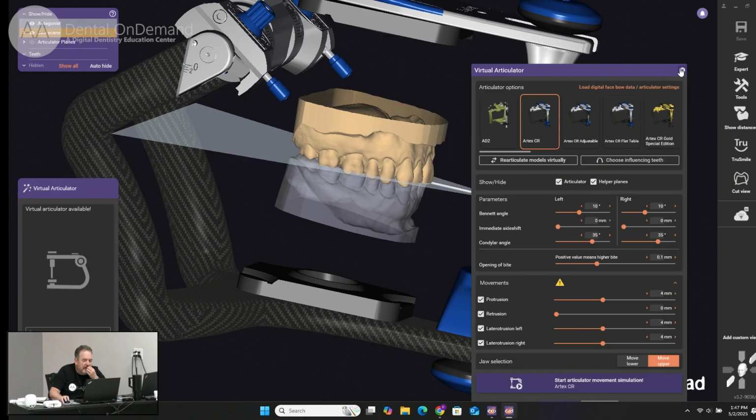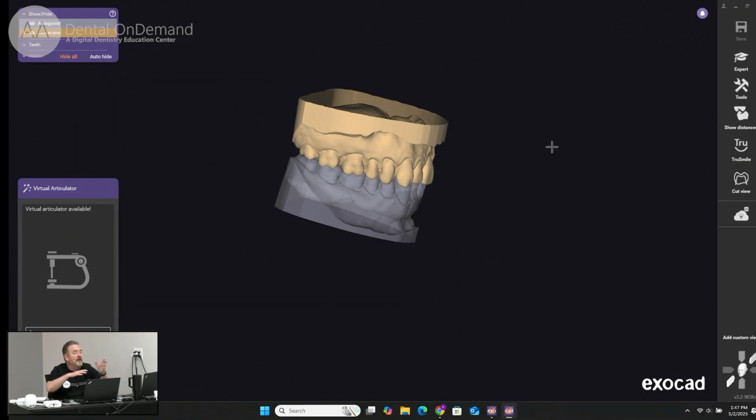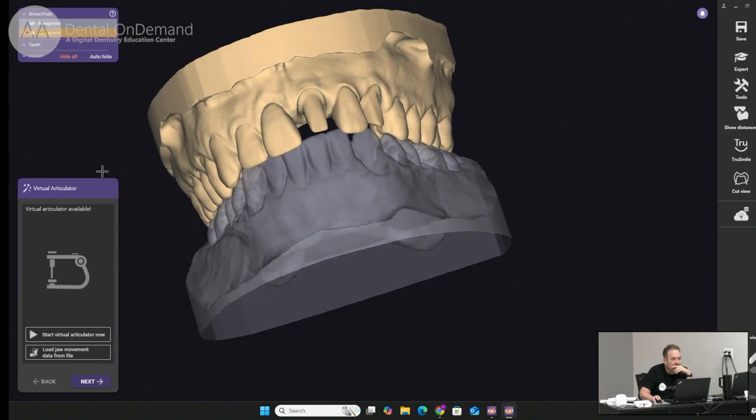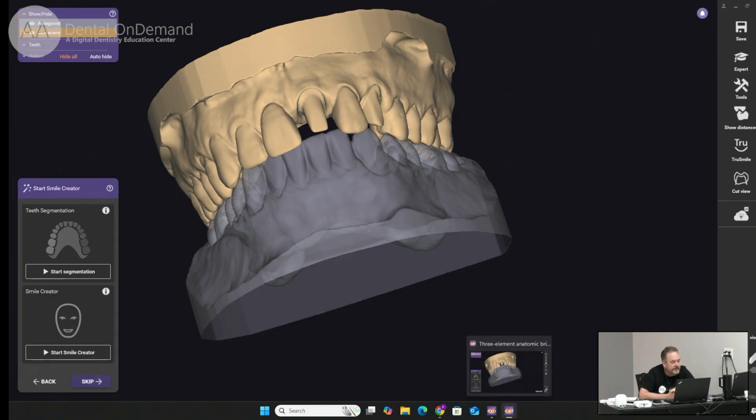Once you have your articulator, you can bring it in and out at whatever stage you want, okay? Once we set up our articulator, you can just click on next. You also have the option, and we're not going to talk about smile design just yet, of segmenting all your teeth. You can segment all the teeth, you can move them, you can do whatever it is that you want with that. Again, we're not going to talk too much about that